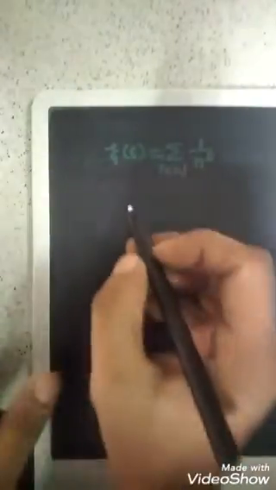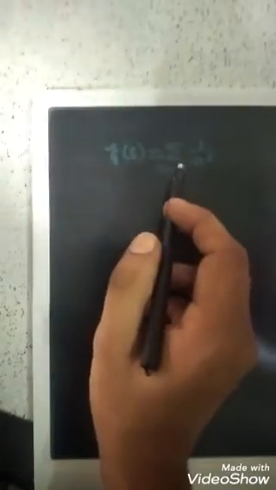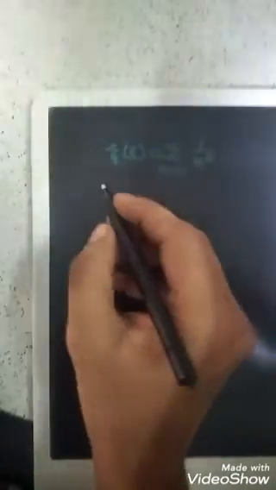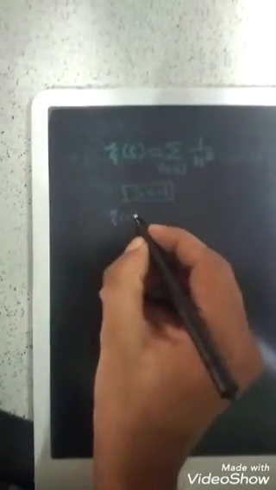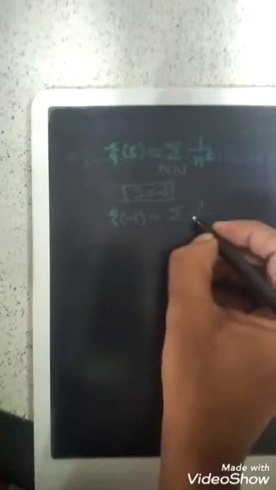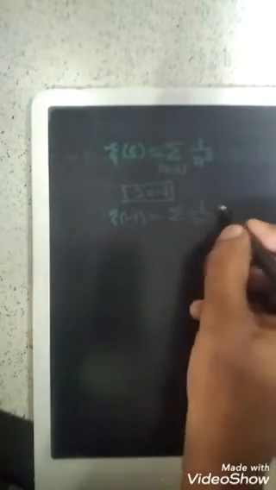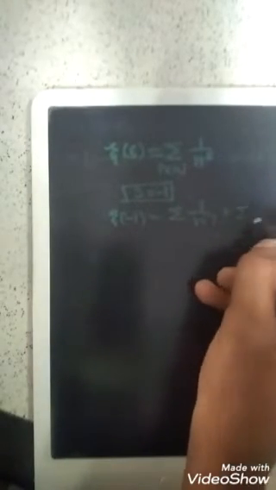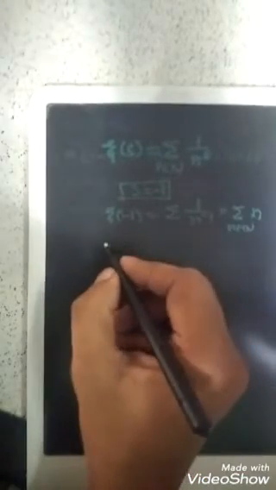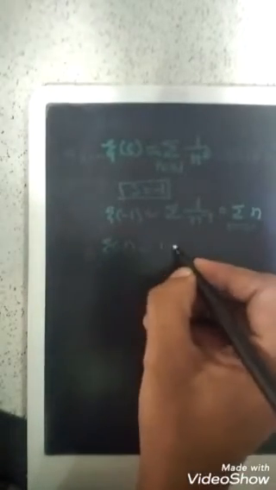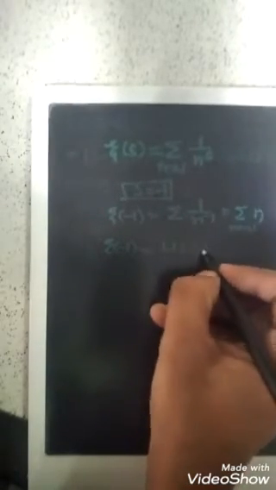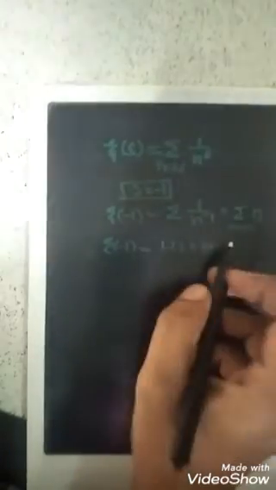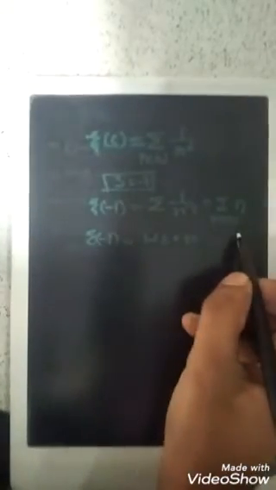I told you just now that the famous equation given by Ramanujan is a special case of this Riemann zeta function. If I substitute s equals minus 1, I will get that series. Zeta of minus 1 equals the summation of 1 by n raised to minus 1. The minus in the exponent makes the inverse go to the numerator and become n, and this sum runs over natural numbers. So this is the series, and we have just proved that 1 plus 2 plus 3 equals minus 1 by 12.